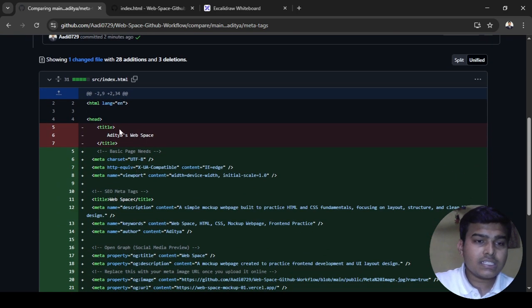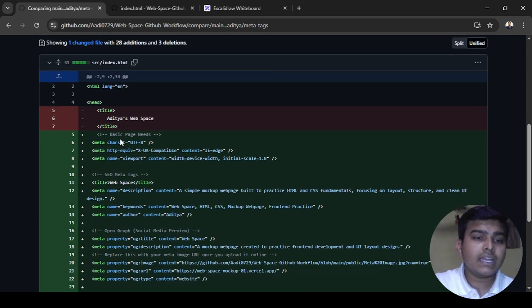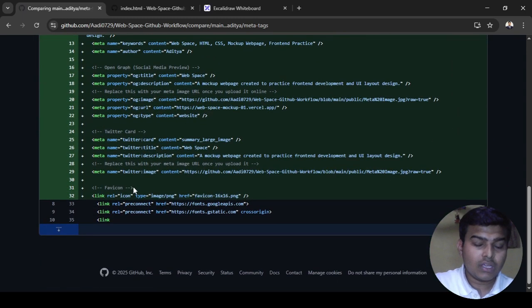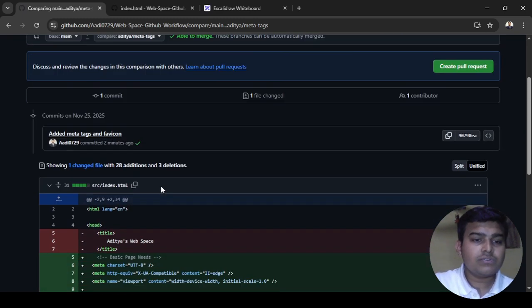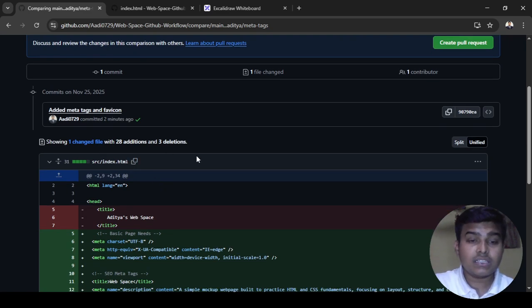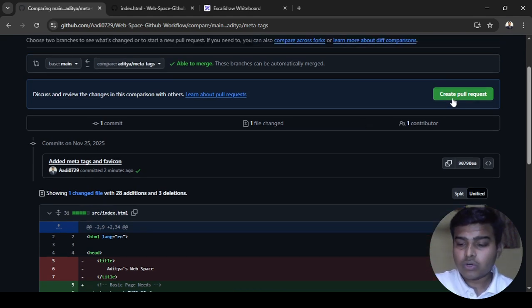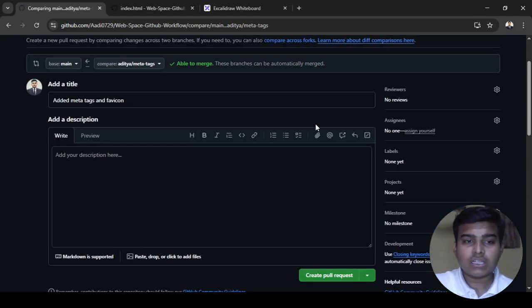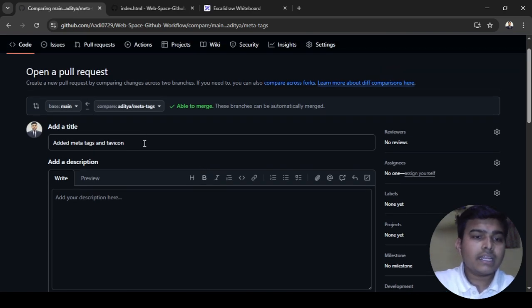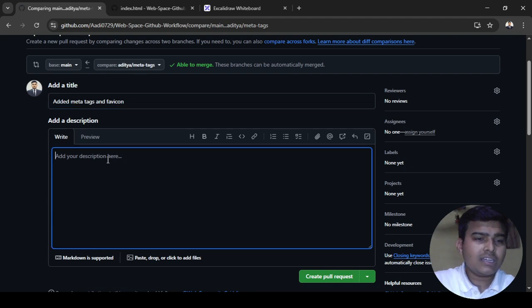Basically it is saying that we have to remove this particular title and add these particular meta text and all, and this fav icon. So these are the changes we have made, and that has been added in this particular file. Now I'm just going to create this particular pull request. So I will click on this create PR, and here the title has already been added automatically, and maybe here I can write some description like